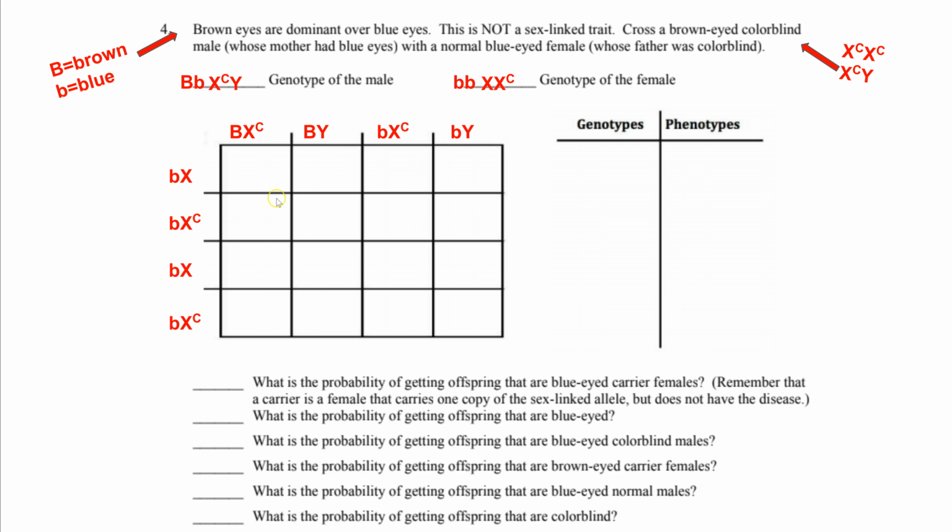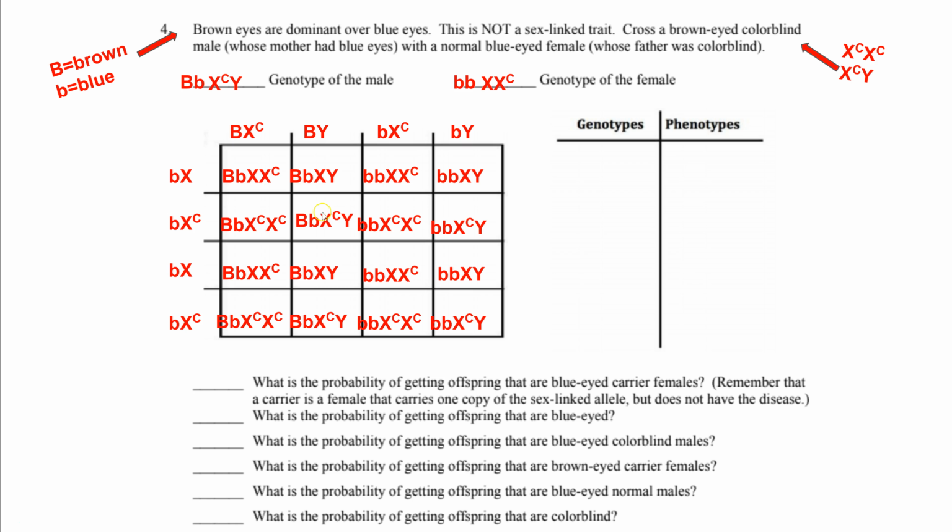Now I'm going to combine all these. So this will be big B, little b, X, XC, big B, little b, XC, XC, big B, little b, X, XC, big B, little b, XC, XC. Those are all females, right? Now let's do some males here. Big B, little b, XY. Oh, I forgot I did all of these at once. You get the gist. So we're going to do our B's together, keep your sex chromosomes together, check yourself, is